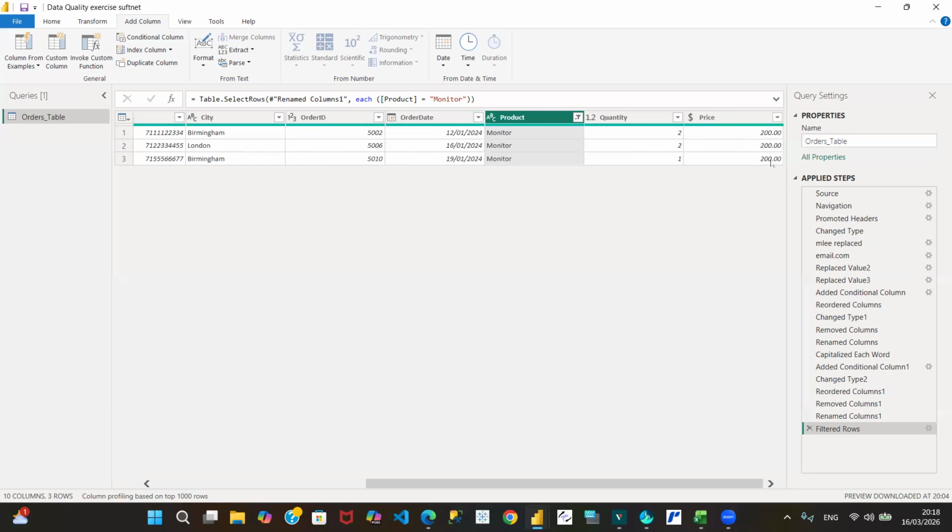Okay, so that's one to capture and query. Okay, that's two quantities of monitor for 200 and one for 200. Is it because brand differ or what happened there? I mean, we can't just change it without reason, without getting the actual answer, so if this was an interview question, and it can be an interview question, and they are saying that they need you to do a data quality